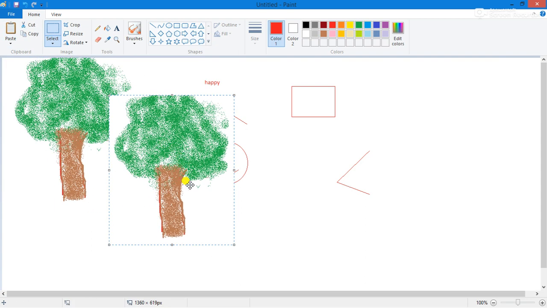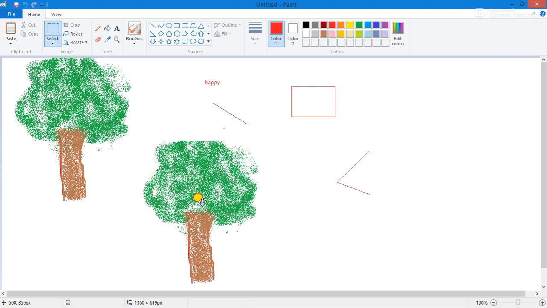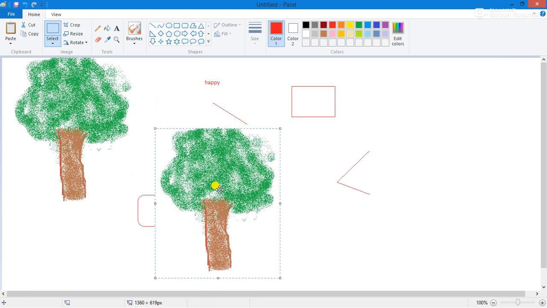Now it is here, and I place it in this position. Now you see in the copy option, when I use copy, the original tree is also in the same position, and another copy is on another side. But when I cut it from the original position, it disappeared from that position and was placed on the other side.